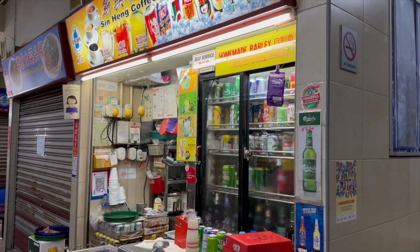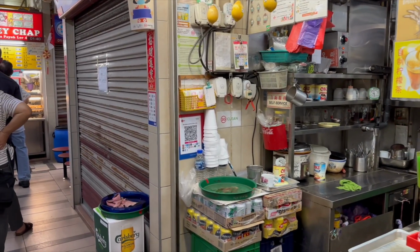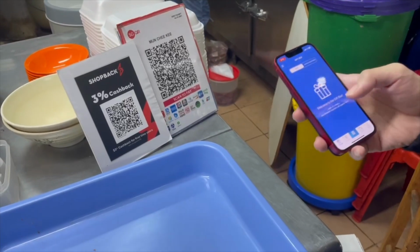More and more coffee shops and hawker centers are accepting QR payments now, and you can identify them by this QR code with many app icons below. And seeing this QR code means that you can use a variety of payment methods to pay for your meals